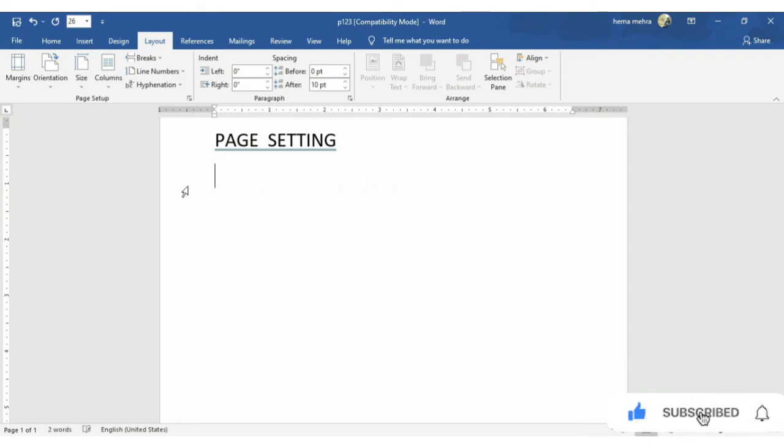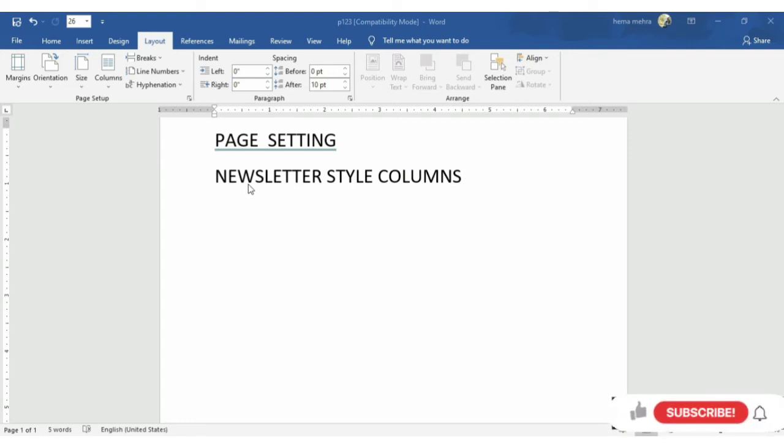Microsoft Word document gives us the facility to convert our existing single column text into a multiple column style, or to type the new text in a multiple column mode.